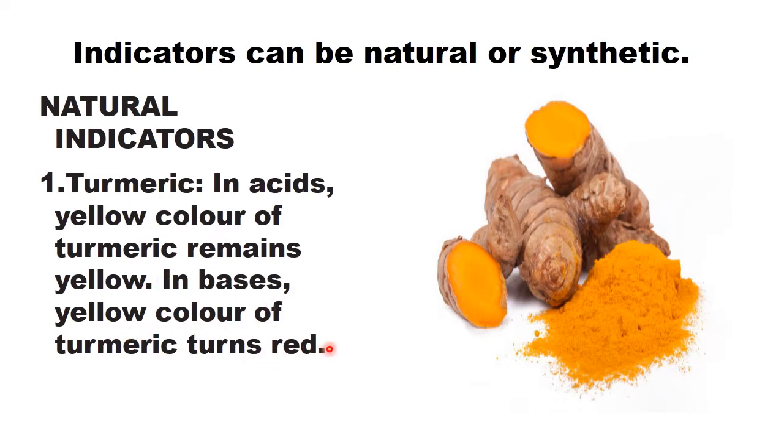So you may have also experienced that if sabji or the slurry of cooked vegetables falls on your clothes, it stains them yellow. But when you wash them, they change into a reddish color. The reason is that a base is being used there, because soap is a base. So as soon as you use soap to wash your clothes, it changes the color.